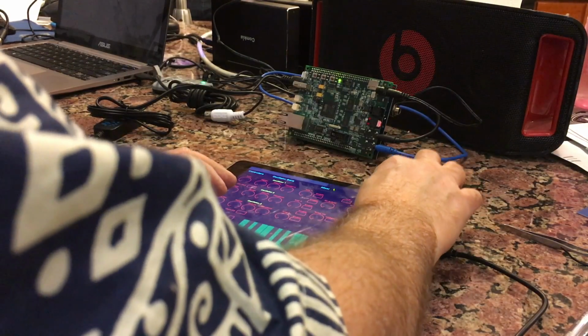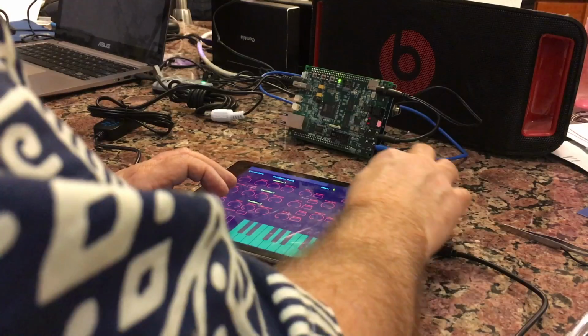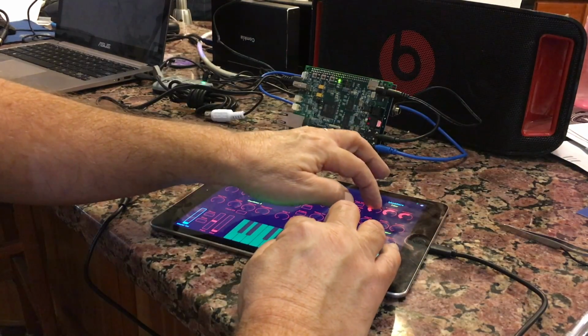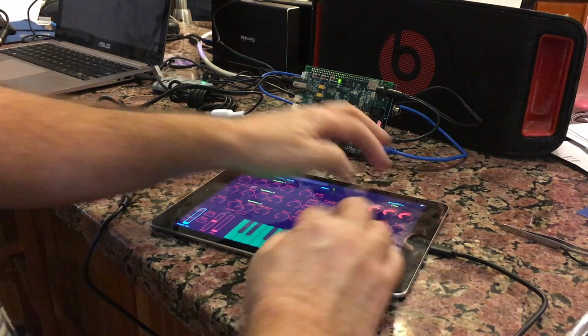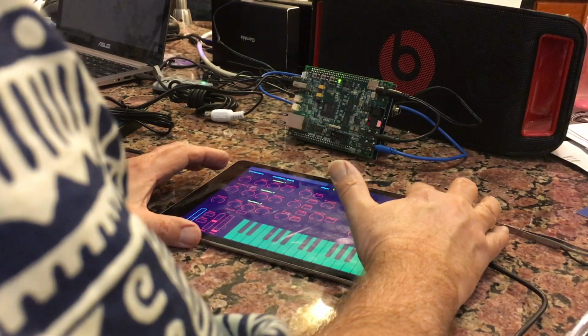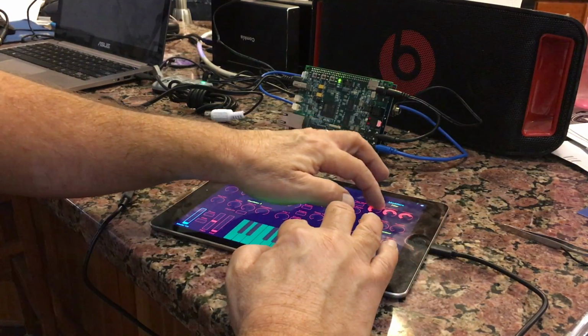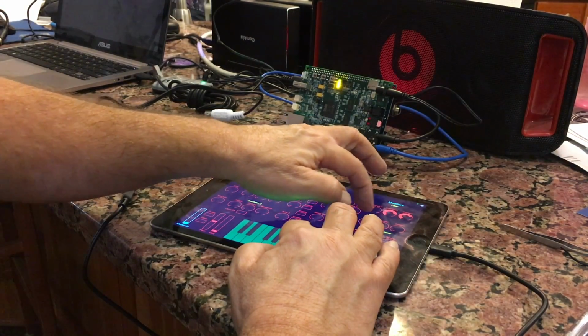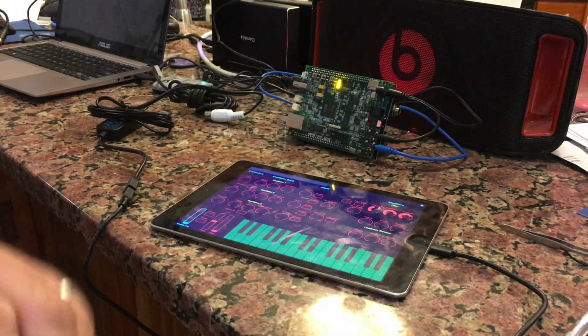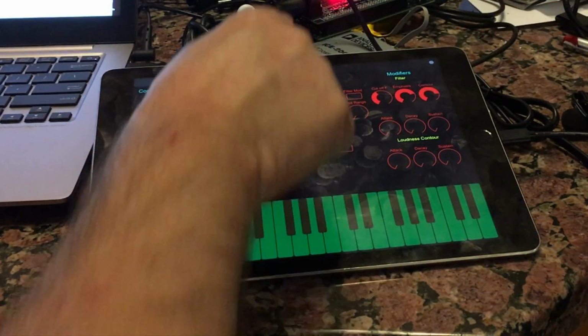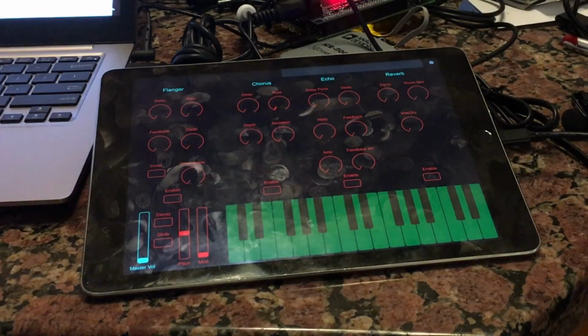And I'm going to go ahead and do a little noodling with the filter here. Bring up the emphasis a bit, the contour a bit. Classic Moog filter. Great, and now I'll switch to page number 2, and these are the controls for the effects